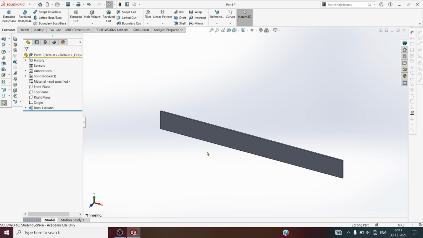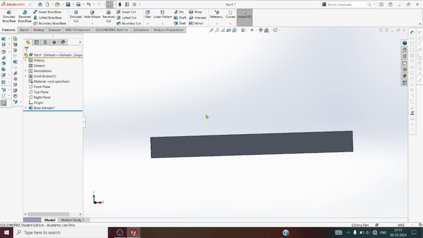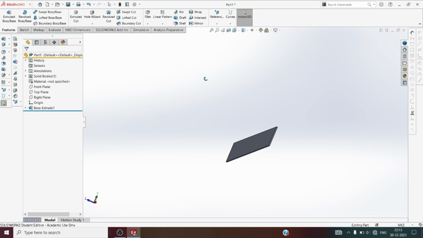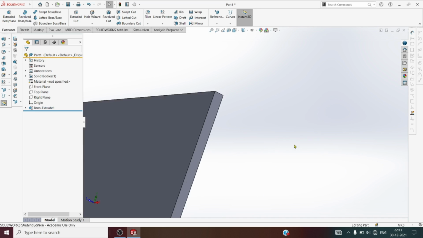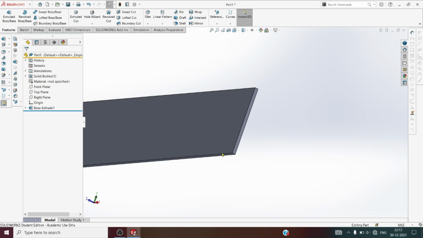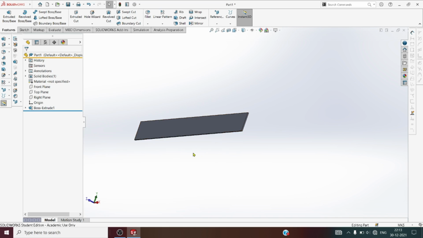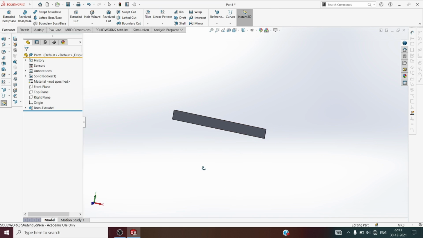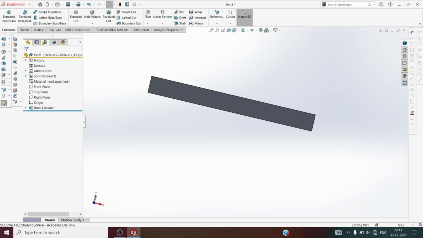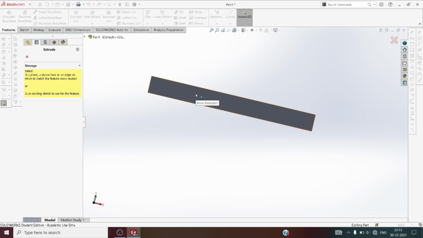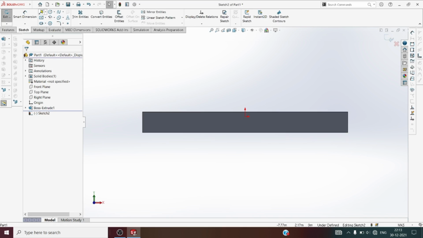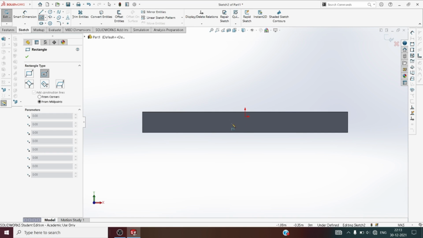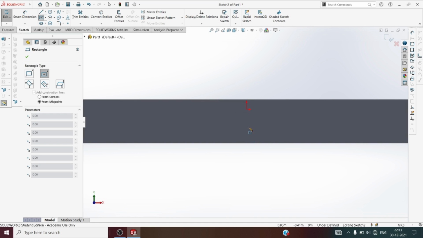Double click. Okay, now we can see the block. Now we can see a rectangular plate. Then we apply an extruded cut. Now I want to just apply